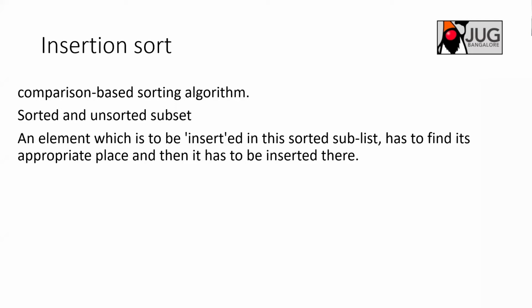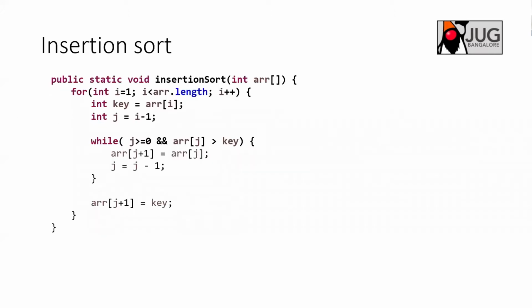I will demonstrate this with a very small example, going through one case where we'll discuss in detail. Maybe that is more clear for you, as an algorithm, how it works. As I explained, we have two sets: a sorted set and an unsorted set. Let's assume that the first element itself is a sorted set.